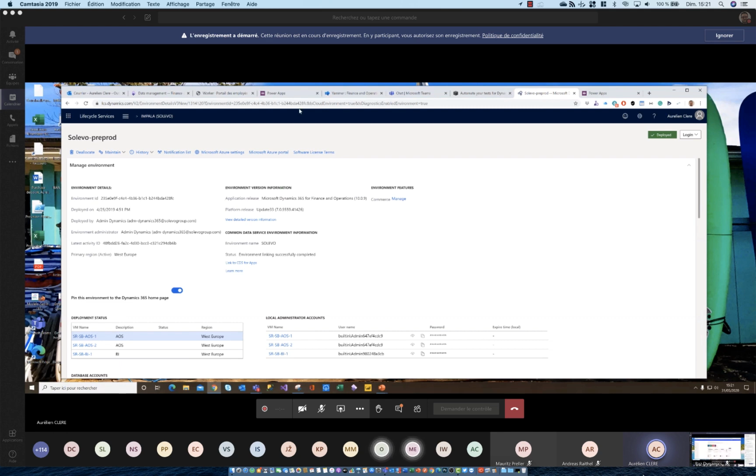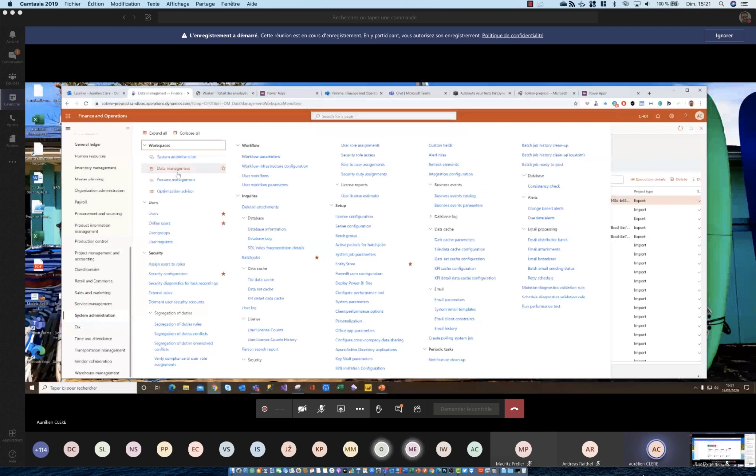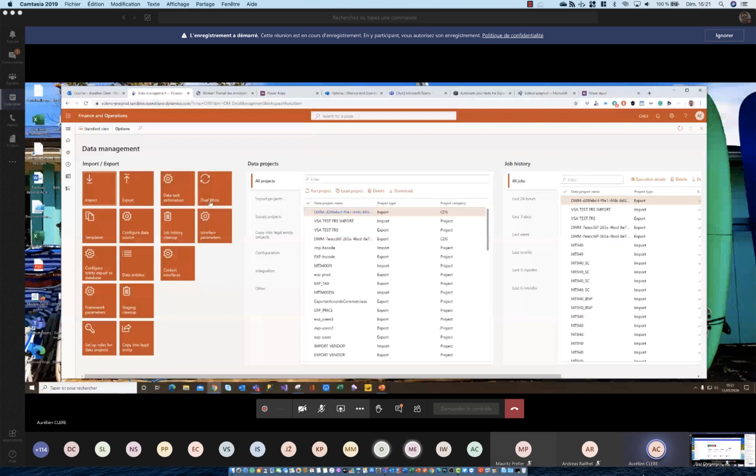So that's it. And when you have done that, you can also directly go to your system administration, to data management, and you now have a dual write section here. Just before going to CDS dual write, just to show you, every time you have a sync between Finance and Operations and the CDS, you will have in data management the same thing as you can already do with import-export. You have all the logs and execution details of the sync.